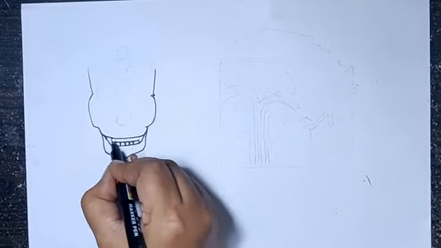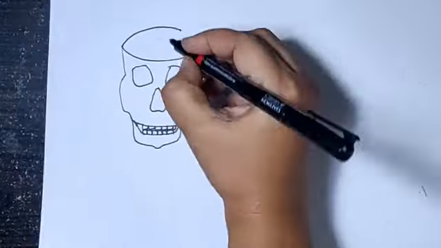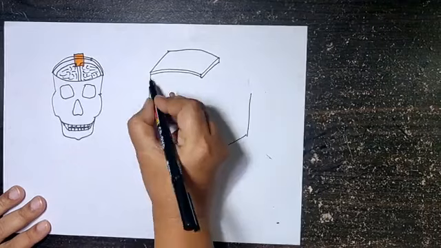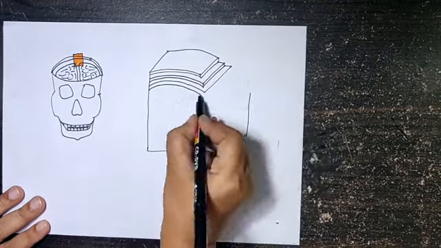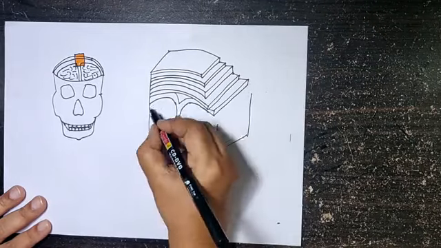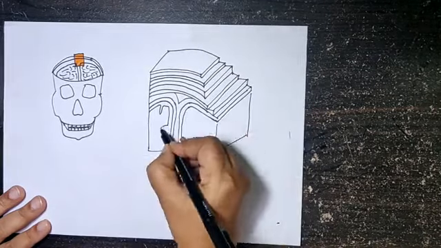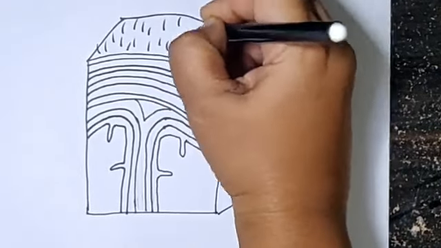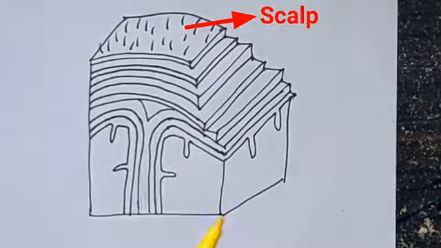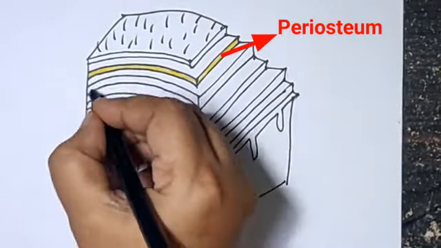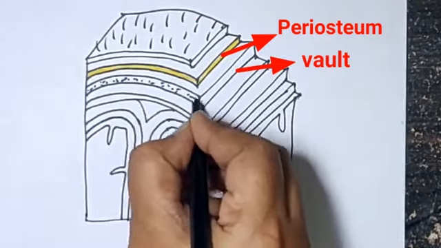In this diagrammatic representation, we can see the exposed brain after removing the vault of the skull. On studying a small segment of the brain tissue along with its covering vault, we can see so many layers of tissue heaped up over the brain tissue. From outwards, the brain is covered by the scalp tissue. Below the subaponeurotic layer of the scalp, the periosteum covering the vault of the skull is appreciated.